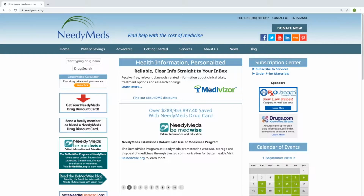Okay, so let's jump into how to find prescription assistance programs on the NeedyMeds website. Now, first of all, on the top left-hand side, you'll see a drug search bar. You could always type in the name of the drug to that field to do a quick search to see if there is a cost savings program available. But if you are looking specifically for a prescription assistance program,